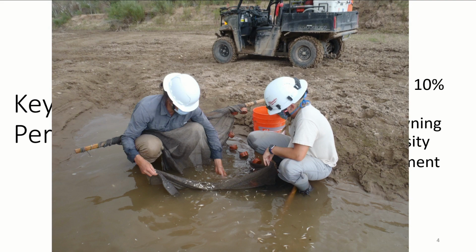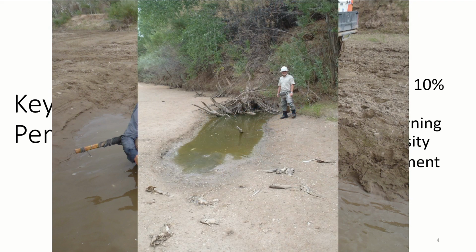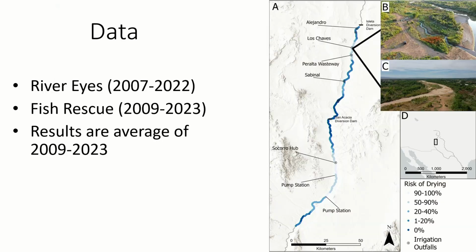So here are a couple of pictures so you get the idea of what it looks like out there. This is, I think, 2020, and this was 2018. This is probably about 3 or 4 days after intermittency set in, and you can see that all the large predators have been there dragging the large fish out, and the water quality in that pool is awful.